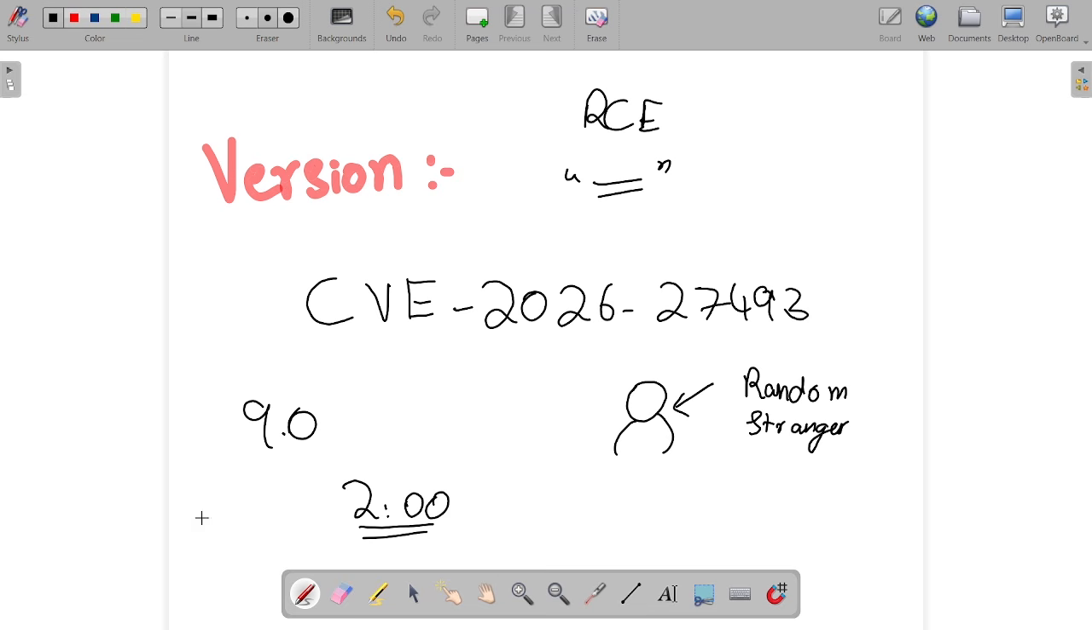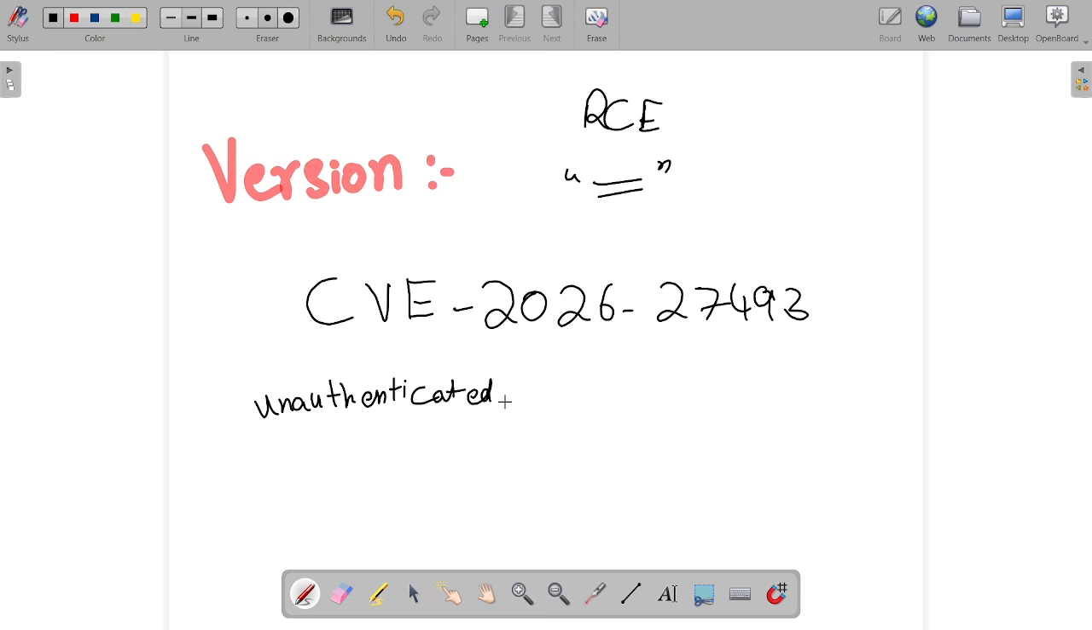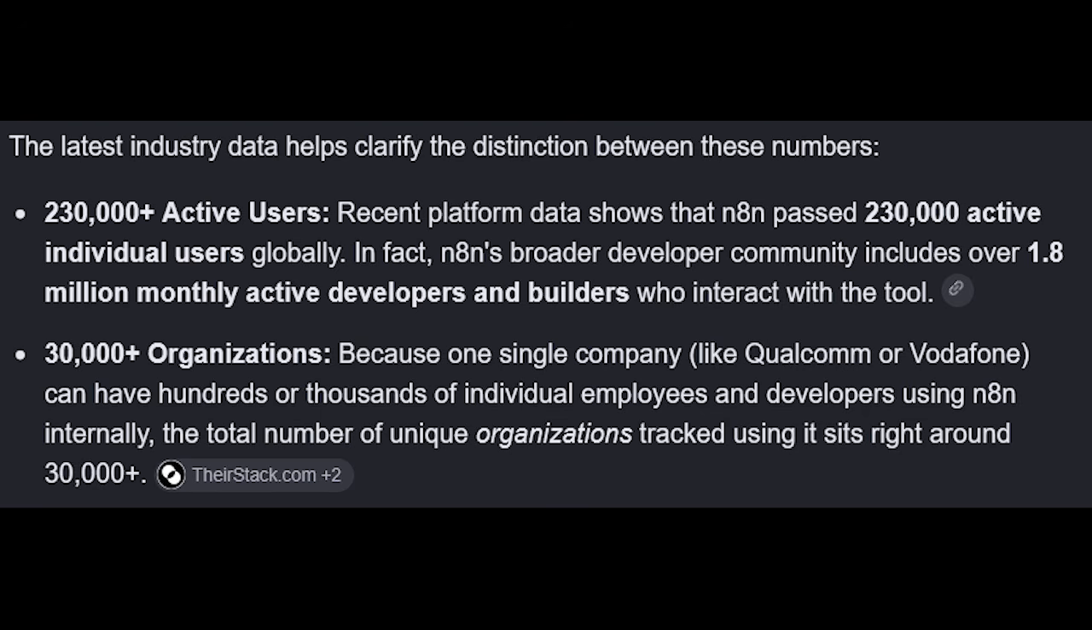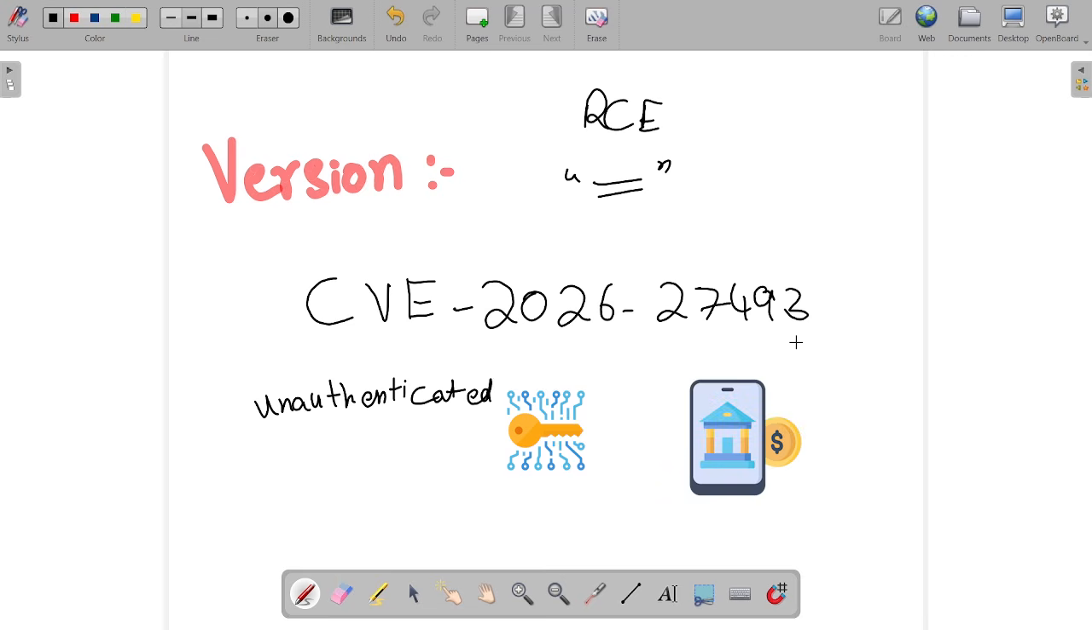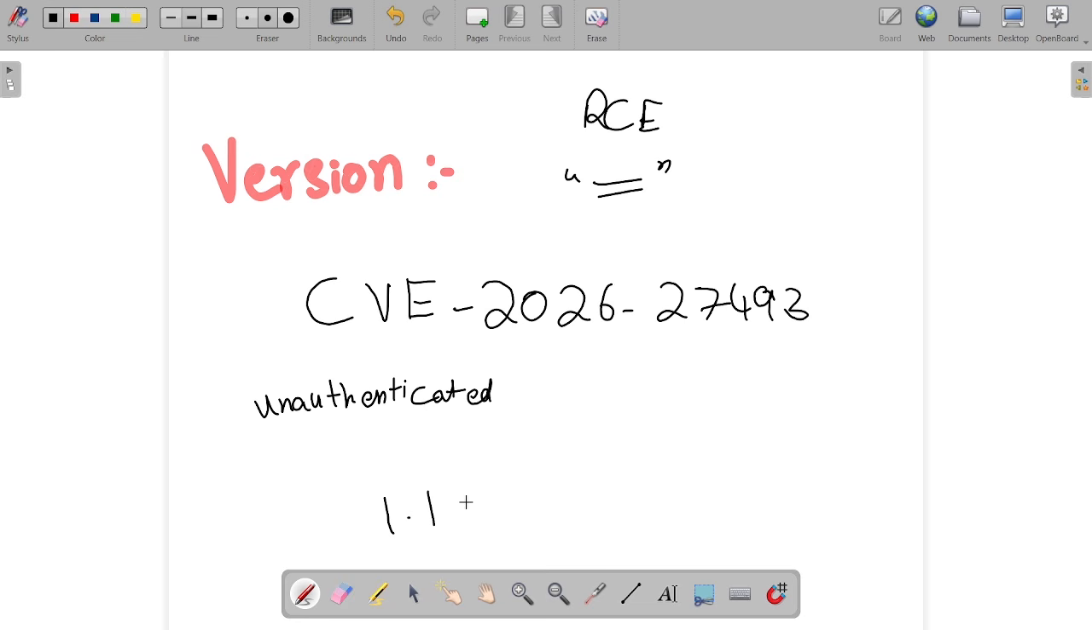Now, we need to understand why this is also quite serious. It is fully unauthenticated and n8n is used by 230,000 plus organizations. It stores real credentials like AWS keys, database passwords, and API tokens. Researchers found tens of thousands of exposed n8n forms on the internet. So the attack surface is real and not theoretical. It affects versions 1.1 to 1.123, 2.9.3,